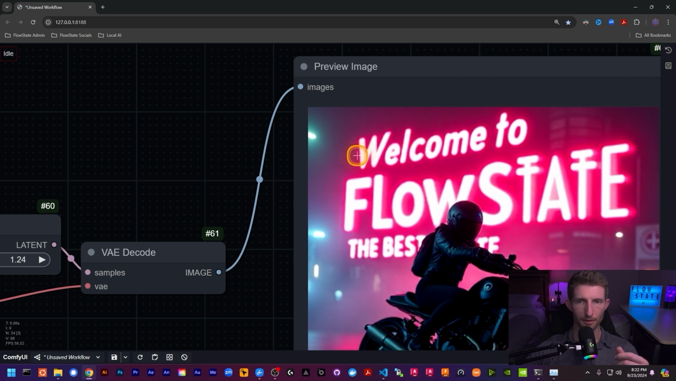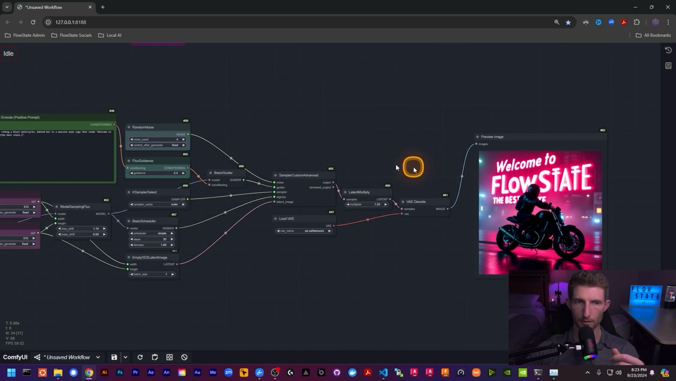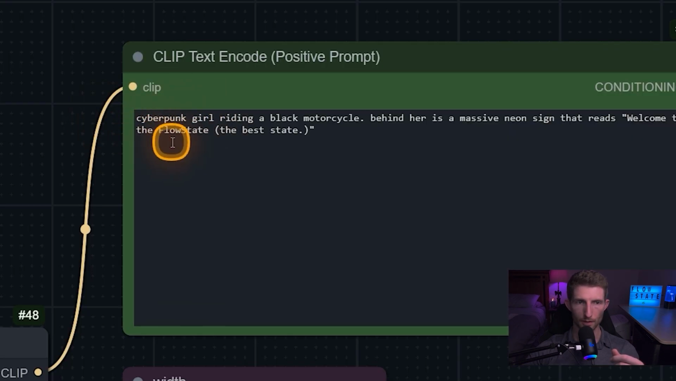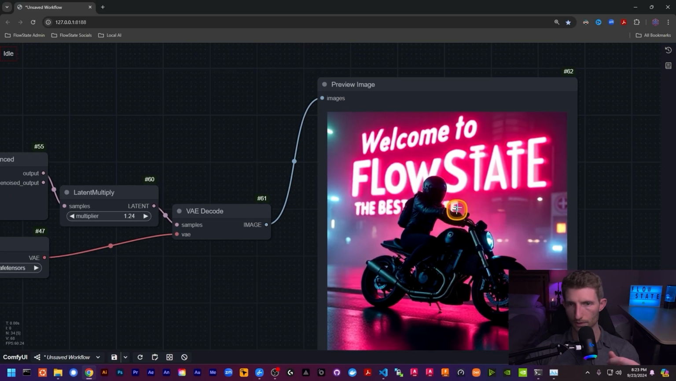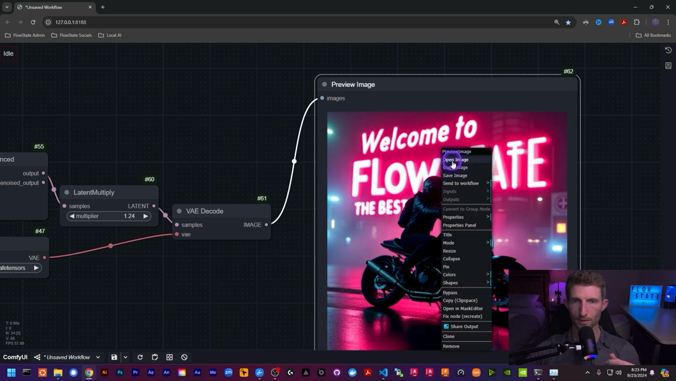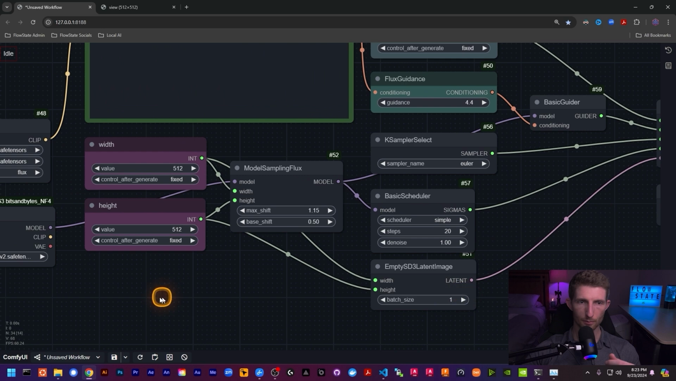As far as the spelling, everything looks right. Welcome to, oh, and it doesn't have the word the, it should say welcome to the flow state, right? In our prompt, welcome to the flow state. Yeah, so we have a few errors here, which is to be expected with a more complicated text prompt like that. So let's go ahead and save this in a new tab, and then let's run this exact same prompt